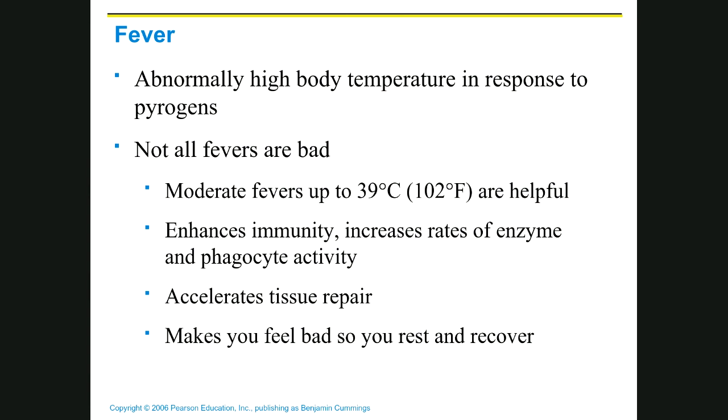Most of us, as soon as we get a fever, immediately run to the bathroom cabinet or someplace like that, and take something like Tylenol or aspirin or ibuprofen, because we don't like fevers. But in reality, fevers are actually good. If you're sick, having a fever is actually a good thing, because it does a bunch of helpful things. It enhances your immunity. It speeds up the cells. Things like phagocytes work faster. Enzymes work better. It accelerates tissue repair,